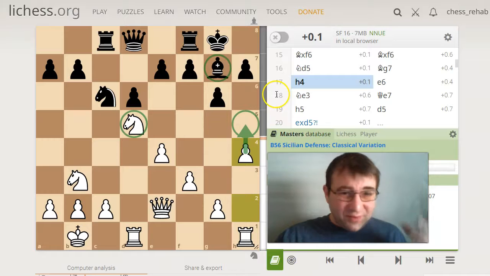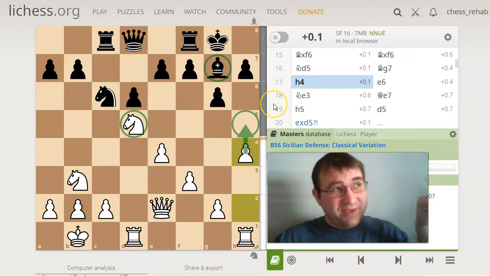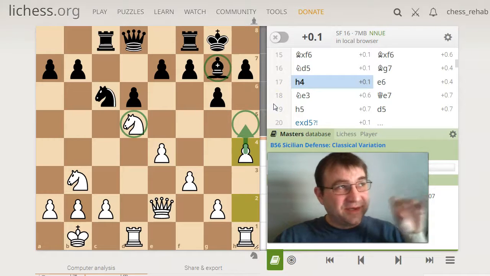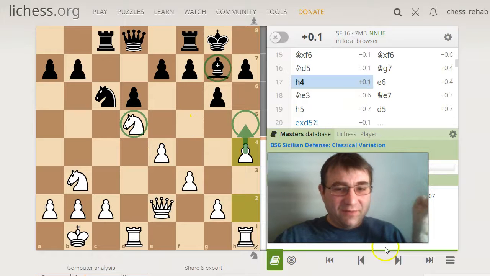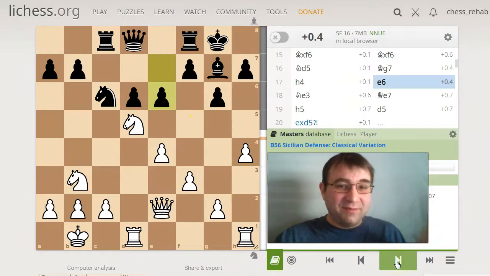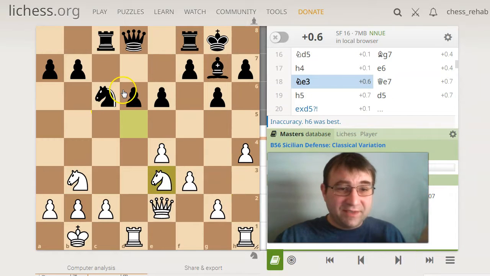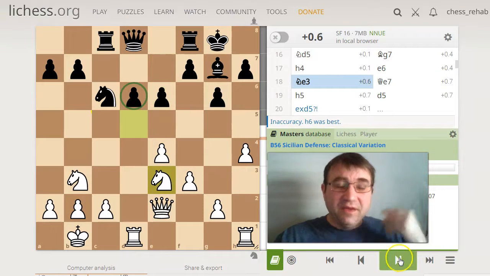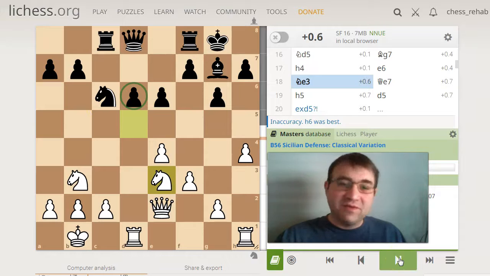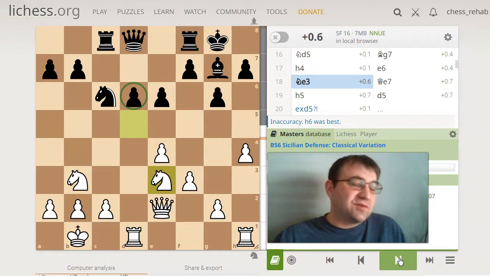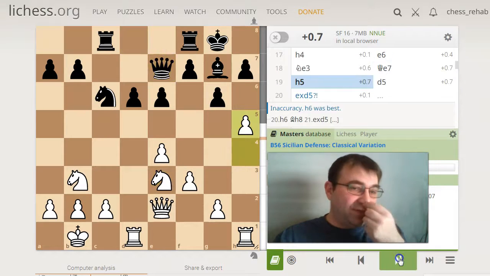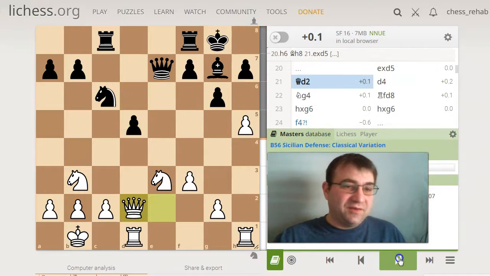And we see these similar themes, like between the Ding Liren and Carlsen game, where the knight got to d5 and he wanted to kick the knight out. He did the same thing. He wanted to kick the knight out, e6, knight back to e3. We have the same weakness on d6. We see these repeating themes in both positions because the positions are essentially the same. They're just one tempo off. So then we have queen e7, h5, and then he exchanges,